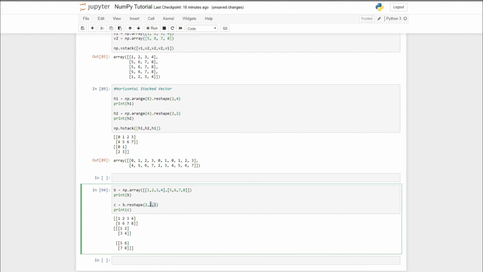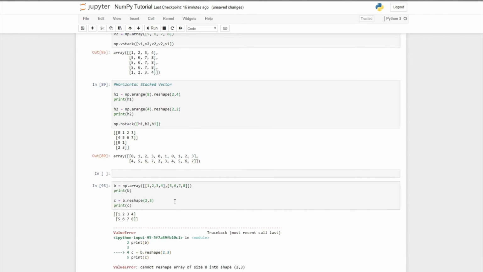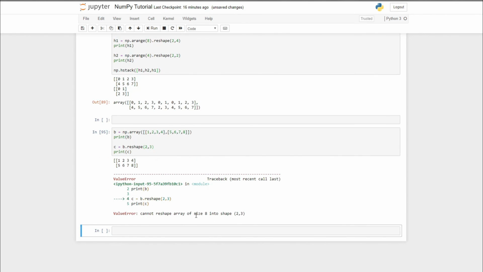But we cannot put a mismatch. If I put over here 3, that means it has 2 rows and 3 columns, so the total elements will be 6, but actually there are 8 total elements. So it will throw an error. You can see the ValueError: cannot reshape array of size 8 into shape 2 by 3, because it should contain 6 elements then. So yeah,